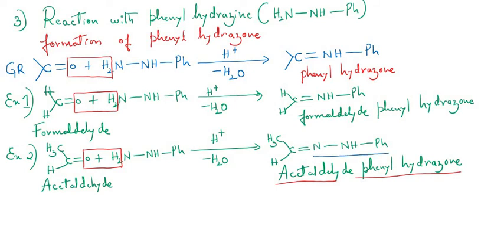NNHPh, that is present here, NNHPh, but in the general reaction and in example 1 there are slight changes that have to be made. I'll be erasing that. Just kindly follow that. So here and correspondingly the part here, right? So here you have to write now double bond N, then followed by NH single bond Ph, right? And here also I have to write it as NH then followed by Ph. Is it clear, students? So sometimes mistakes do happen, I have to rectify them, and we'll move on to the next reaction now.